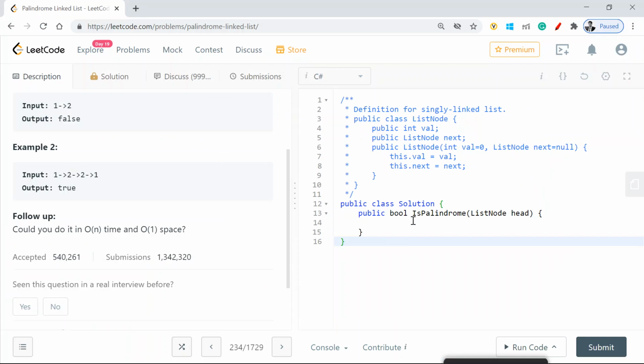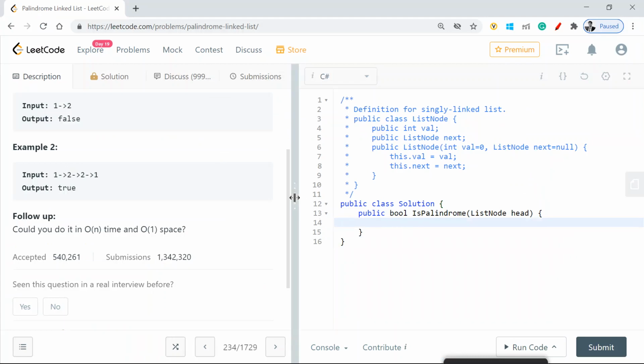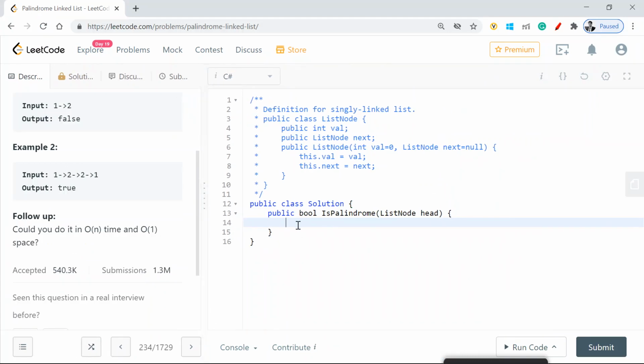I hope you have understood the fair idea of what we're trying to do, but I think once we write the code, it will become fairly easy to understand what we just discussed. So as we discussed, I have my fast and slow nodes, which will first point to the head pointers, and I'll also have a stack which will contain the values as we are traversing through it.